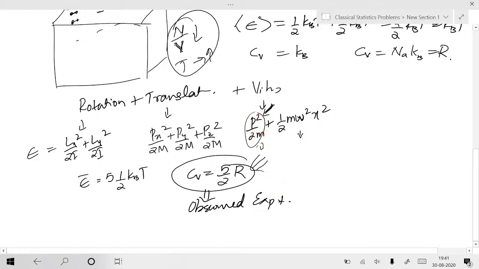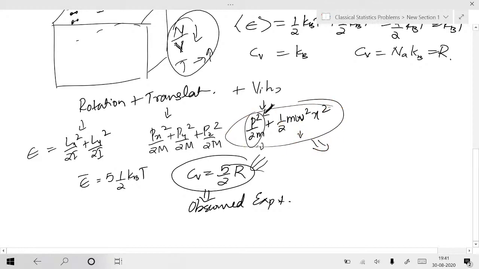I think I had better fix my coordinate at one of the molecules, and I can think of the other molecule's vibration and all. And that's how I can write it. Or we shall see this one after classical mechanics, how to deal with that.